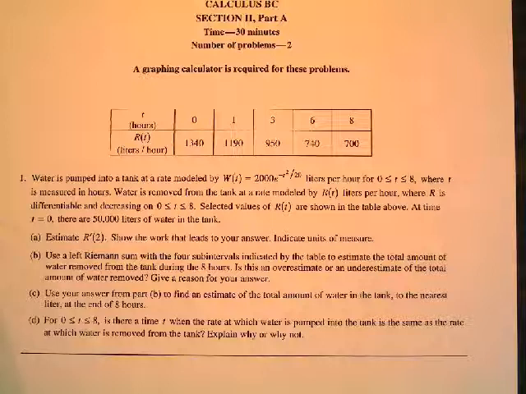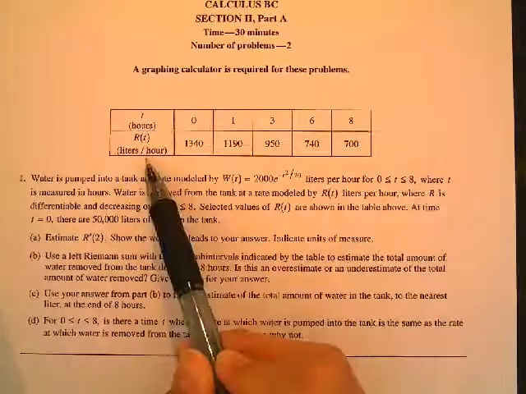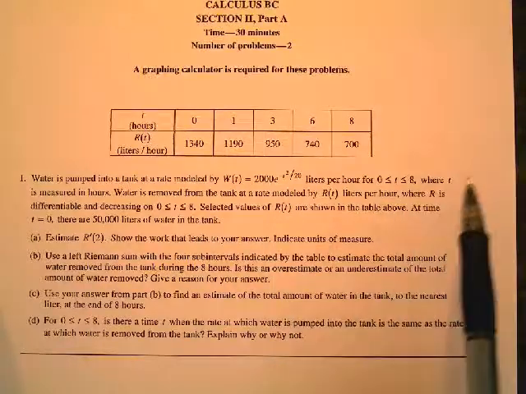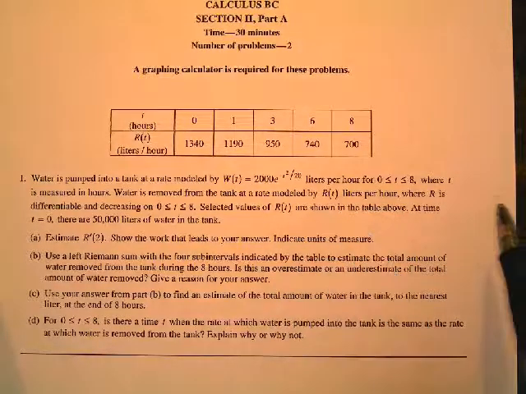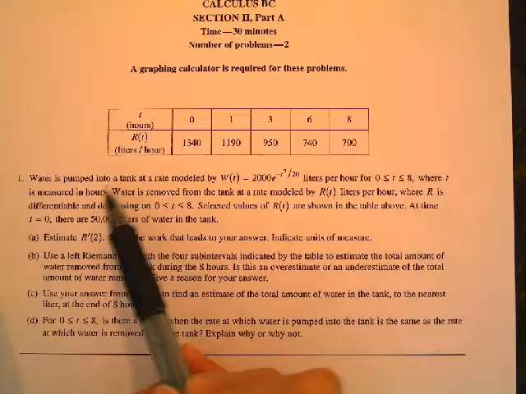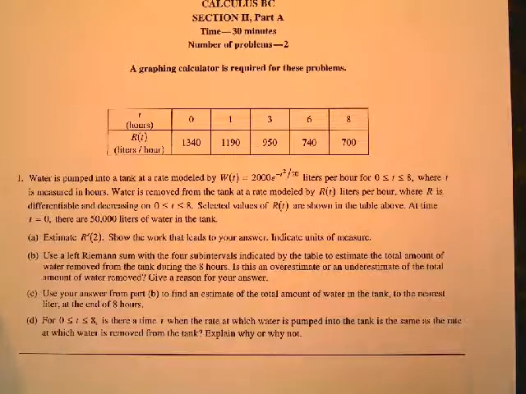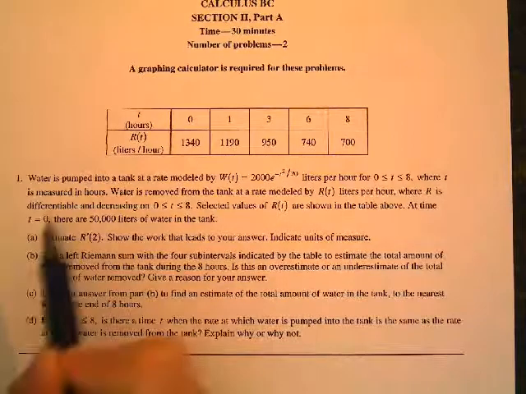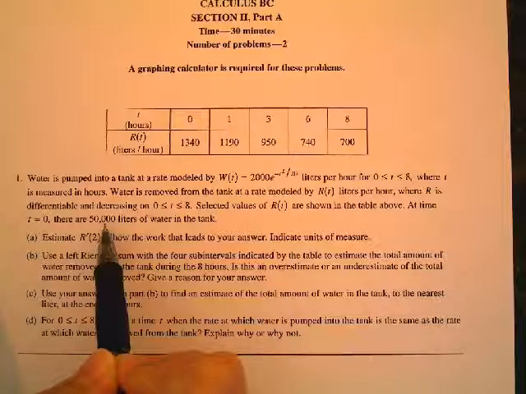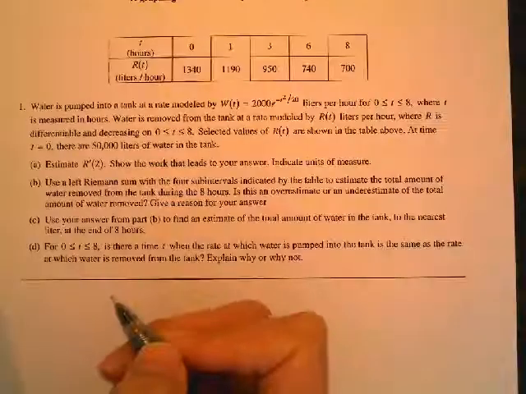This is the first FRQ from the 2016 BC exam. They give us a table for the amount of water that is coming out of a tank. It's being removed from the tank. That's the R. The water being pumped into the tank is W. And they do tell us that at t equals 0, there's 50,000 liters of water in the tank, so that's important. Okay, so part A says estimate